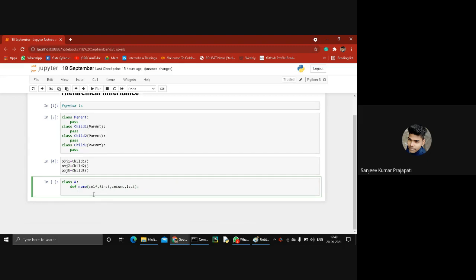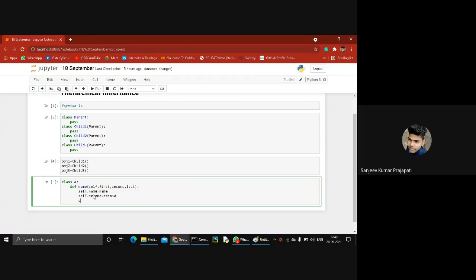Then we assign this variable into another variable, self dot name equal to name, and self dot second equal to second, and also self dot last is equal to last.